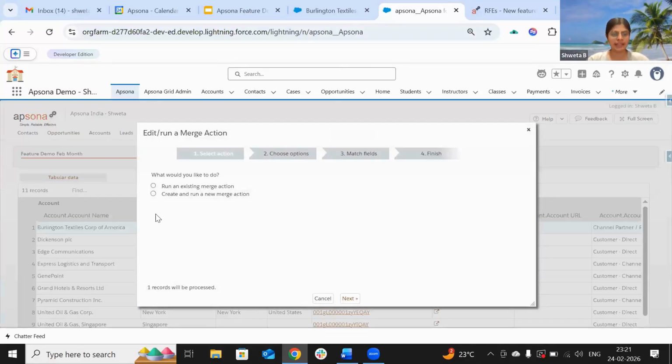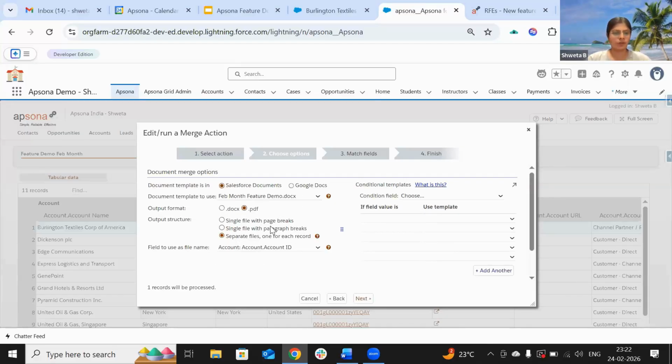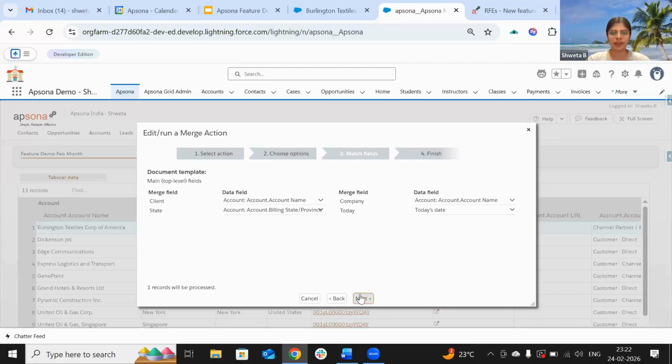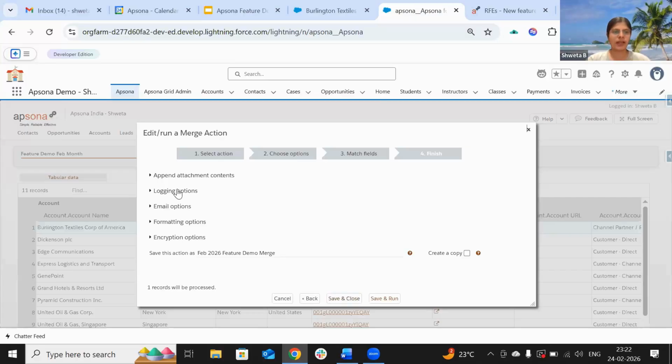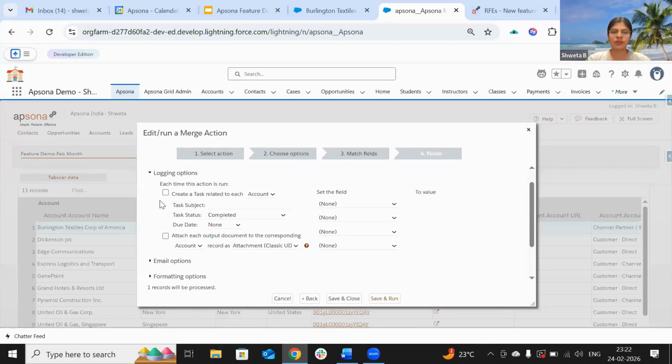Let's say I'm using the same merge action and clicking on existing merge. I am not making any changes with the output or format. I'm considering the same. And in the last step, I have something called logging options. So here what you can do, you can enable this task related to each account and give the task subject. Here I'm giving something like